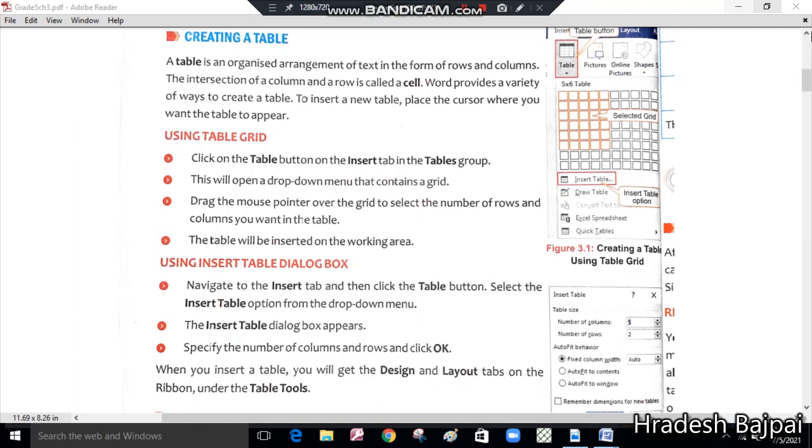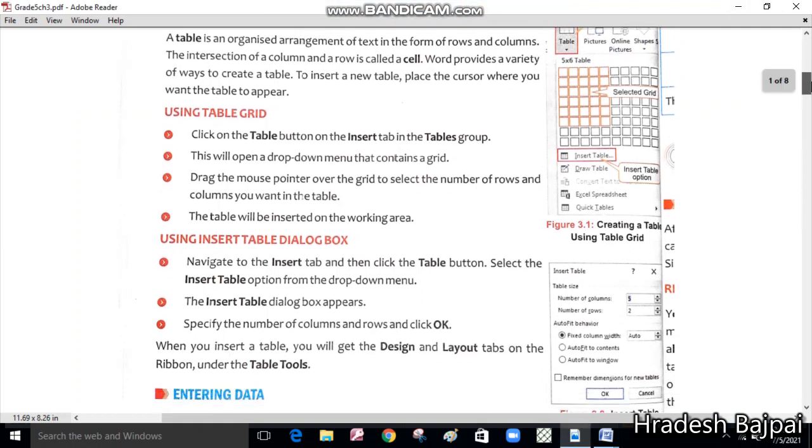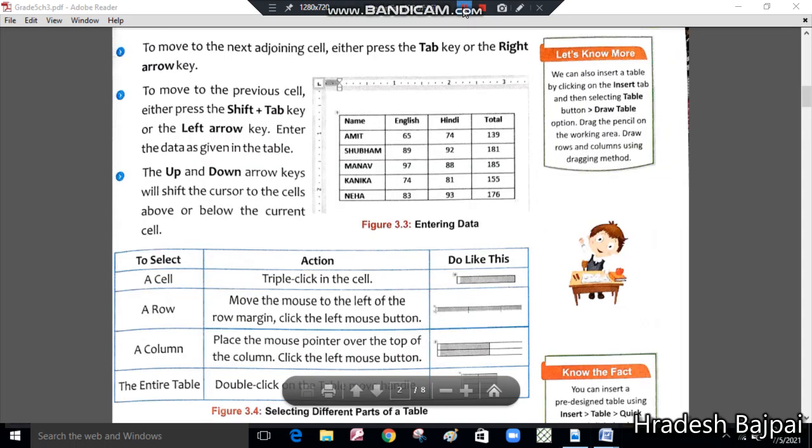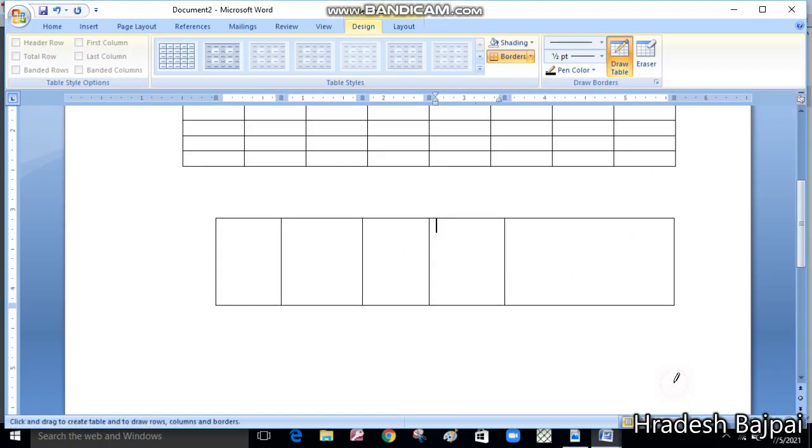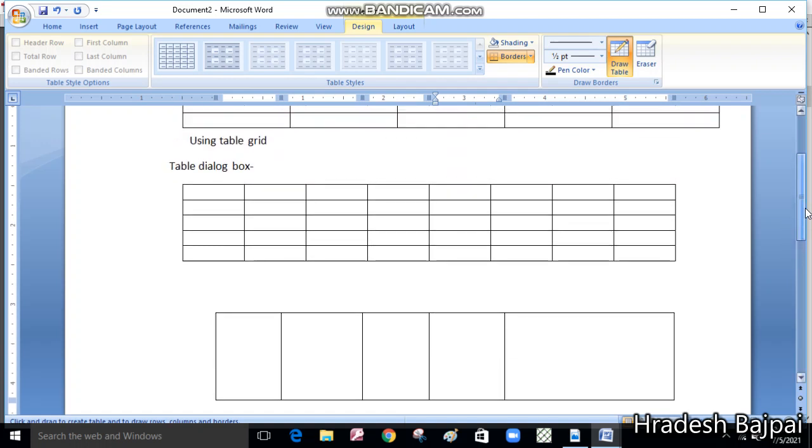So in this chapter we have learned how to create a table in MS Word. The next question is how to enter data. After creating a table we need to enter data. For entering data in a table, you just need to move the pointer where you want to write.